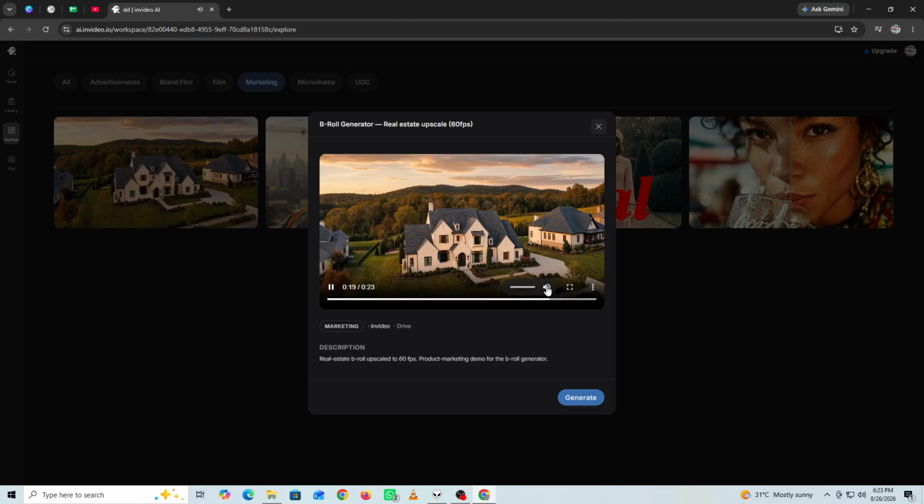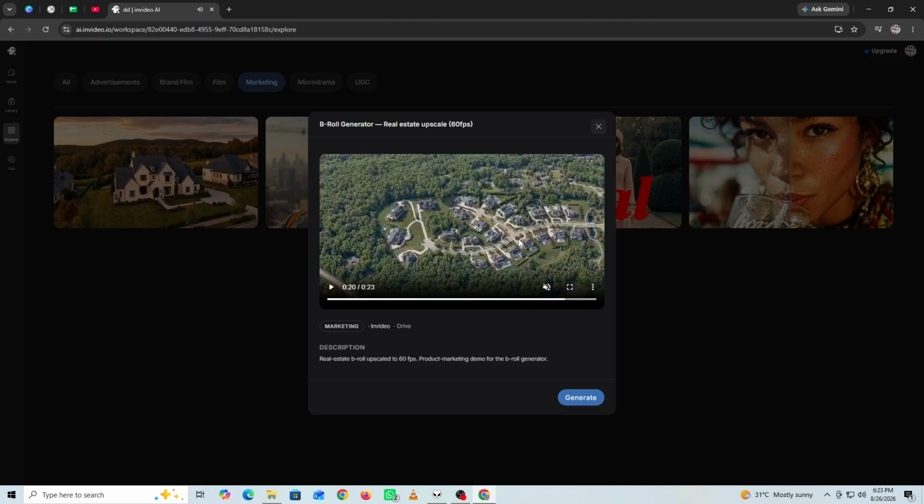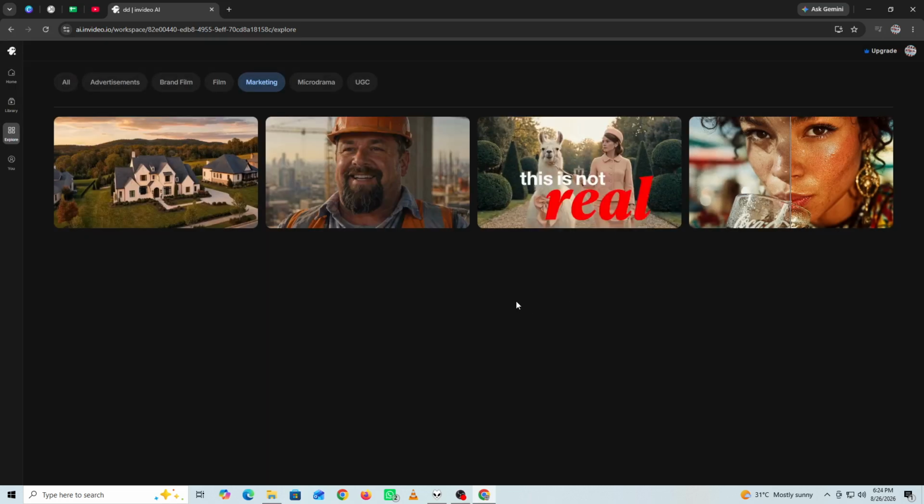Pay attention to the pacing of the scenes. Change visuals regularly enough to keep the video interesting, but avoid unnecessary transitions or effects. Once your edits are complete, preview the entire